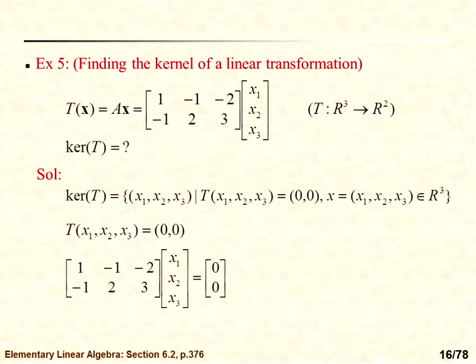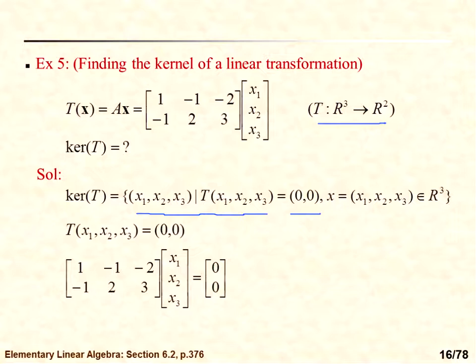So here we get Z is a real number. So find the kernel of a linear transformation. It says that a transformation is given, and it is a transformation from R3 to R2, and it says to find the kernel. So we know the equation of the kernel is, kernel of T is, if we have a vector